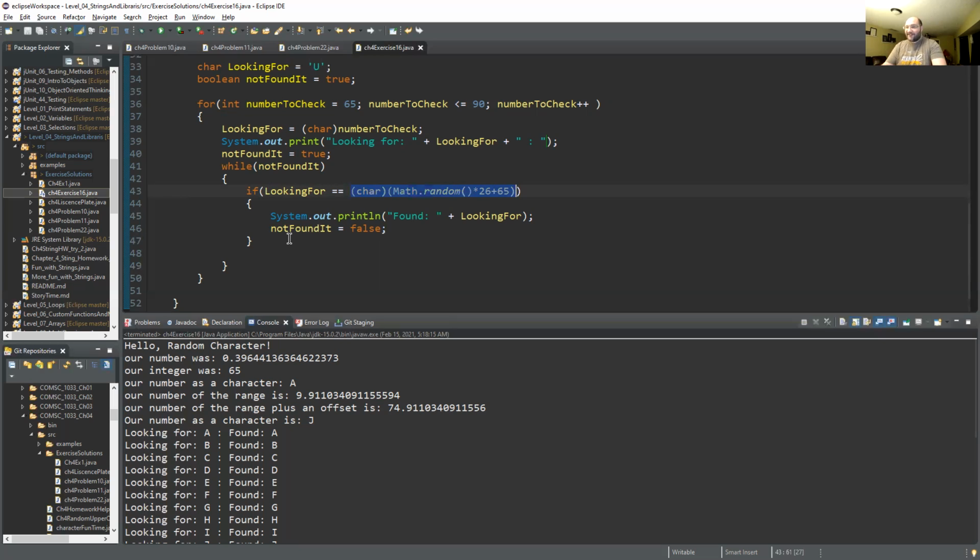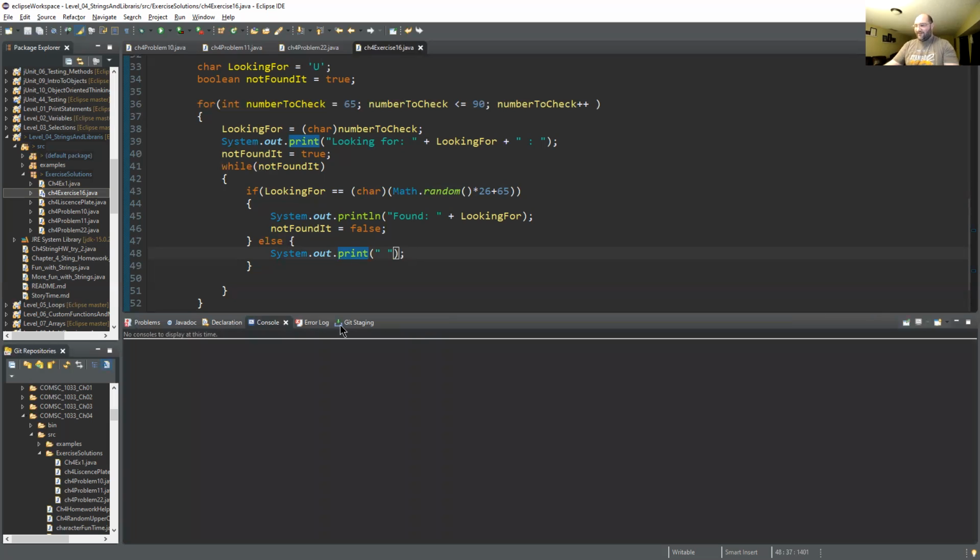Some of these letters take a long, long time. Some of them not so much. It'll be an interesting graphic to see. So I'm going to come in here and else, right? I'm going to say sys out, and I'm going to just do a space. So you'll see the letters jump over just a little bit to see how long it takes them